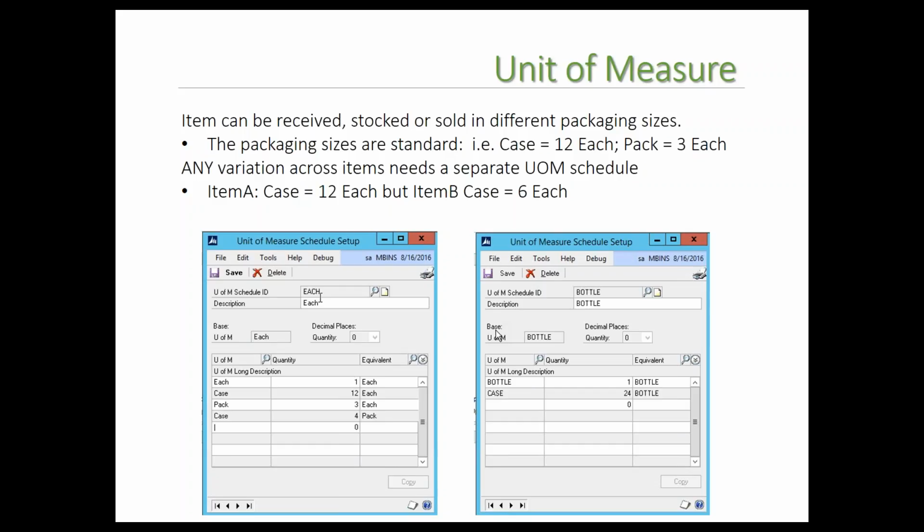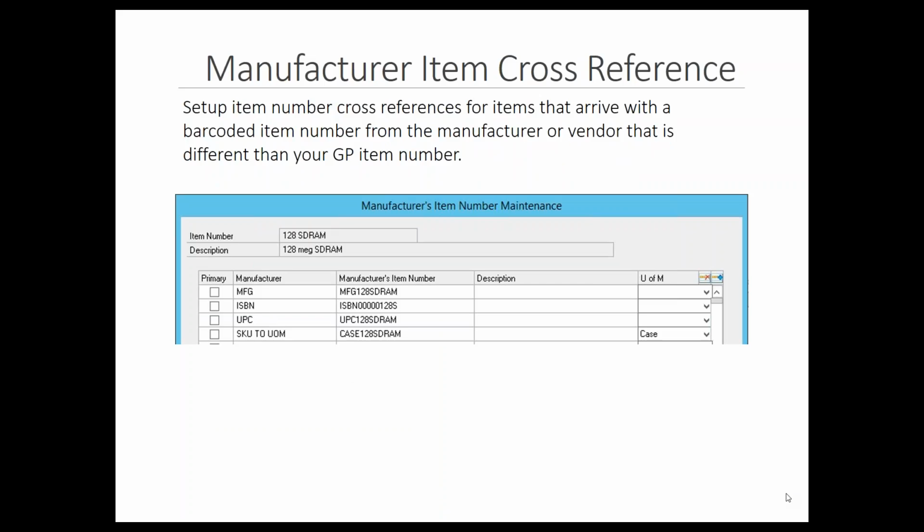Now you can then select on any of our transactions a different unit of measure. You can enable that field that you've seen grayed out on our system that I've been using, but that can be enabled so somebody can have the option to select a different unit of measure if they wanted to. Now we've also got a feature that basically